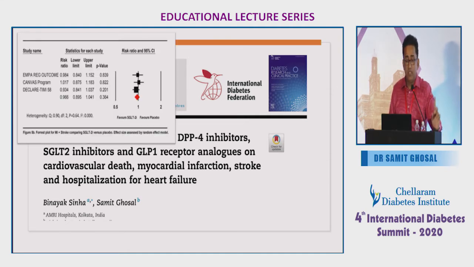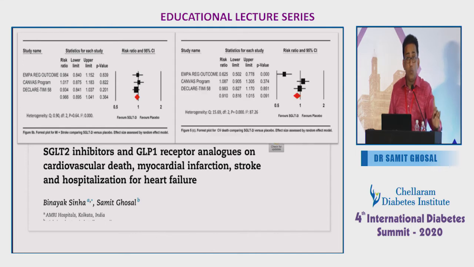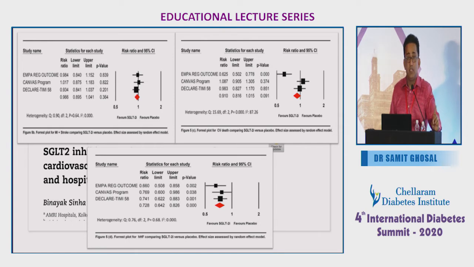And you can find with the outcome trials that we had with the SGLT2, there was no macrovascular benefit. There's no reduction of MI or stroke. There was reduction in hospitalization for heart failure. The 3 SGLT2 companies are fighting with each other. Some saying, I'm reducing CV death, I'm better. Some are saying, I'm reducing heart failure, I'm better. I can only choose one of them. I cannot use all the 3 drugs for 3 different indications in the same patient. Remember, the entire benefit is driven by hospitalization for heart failure. So even if there's a reduction in CV death, that is also driven by hospitalization for heart failure.